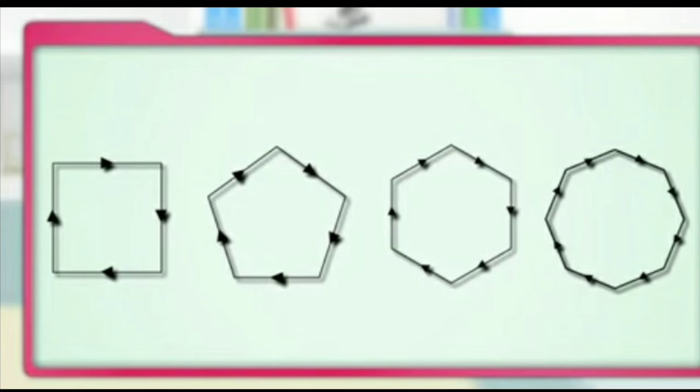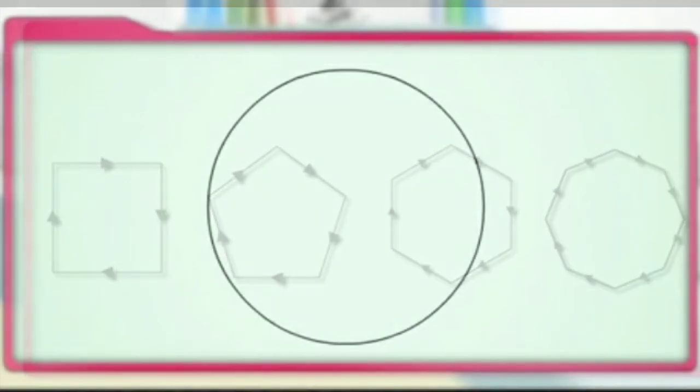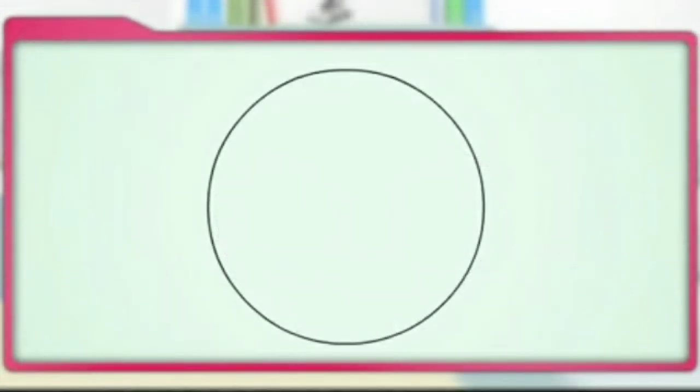Okay. Now, the answer to these questions shows that as we increase the number of sides, we have to keep changing direction more and more times, right? And when we increase the number of sides to infinity, children, the polygon becomes a circle, right? If we keep on increasing the number of sides of the polygon, we have to change direction more and more times, and then this polygon becomes a circle.